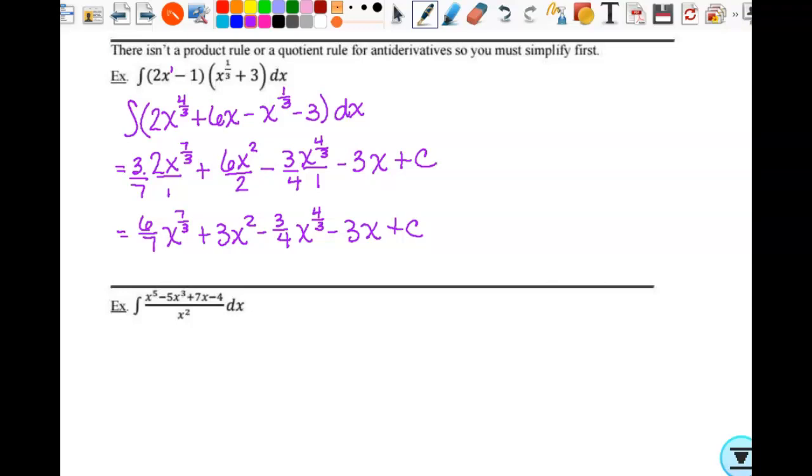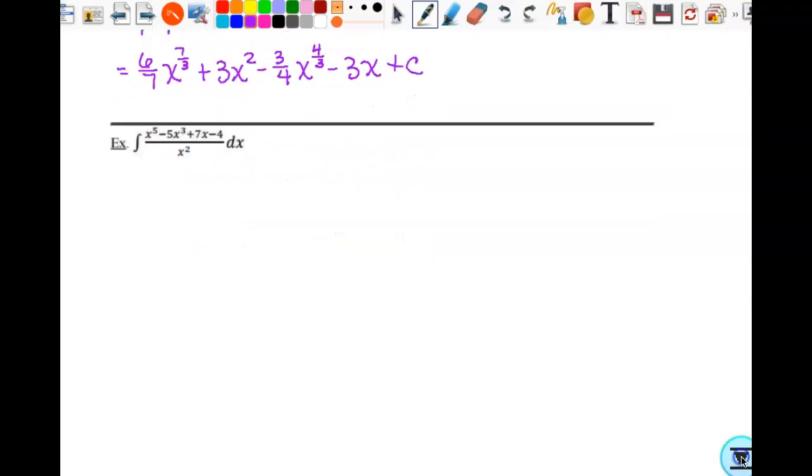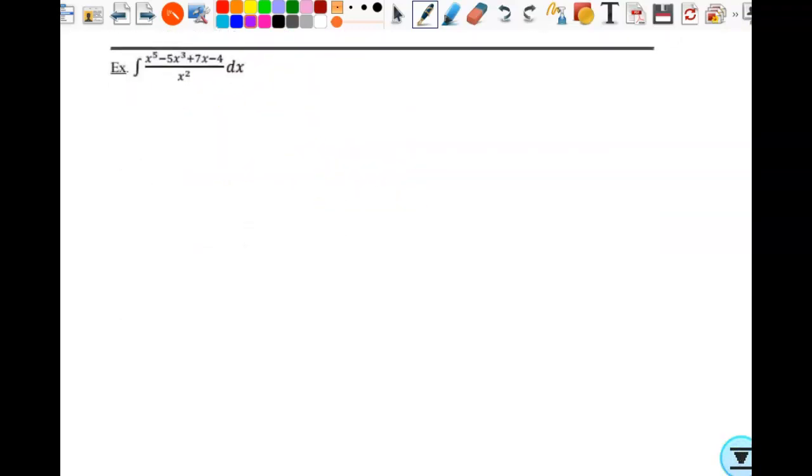Yes, this would be f, this would be f prime, yes. Very good. Okay, I have this written out somewhere and I don't know what I did with it. Okay. Are we good? Questions? Okay, so now, this one, because there is no quotient rule, just like we can get common denominators and